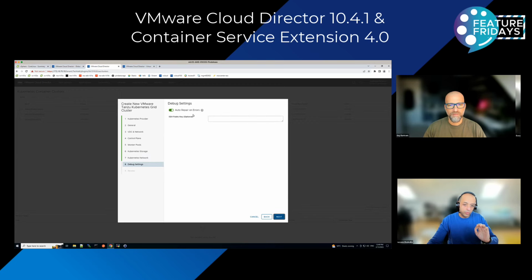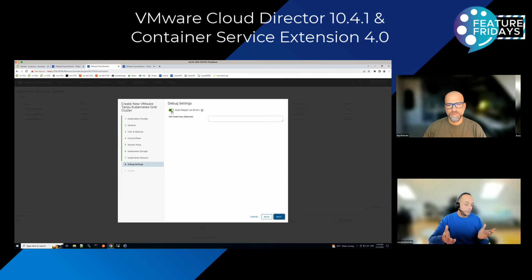This is interesting. Just one note: the auto repair feature, if you have it on, and there is any issue encountered while the TKG cluster is being deployed, it will try to auto recover from the issue by deleting the whole thing and starting again. Okay. So if you want to troubleshoot, you have to turn it off. Yeah. Otherwise, the ephemeral VM and all the logging will be deleted. Yeah. So this is important. If there's an issue and you want to troubleshoot, make sure that it's turned off.